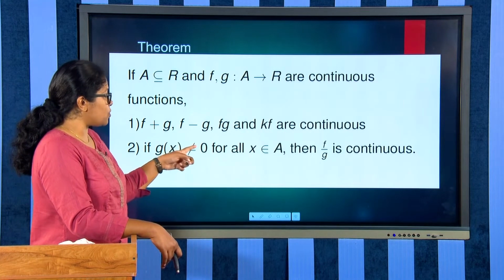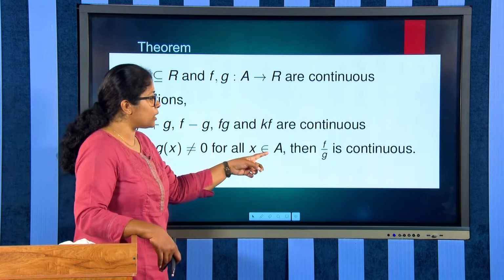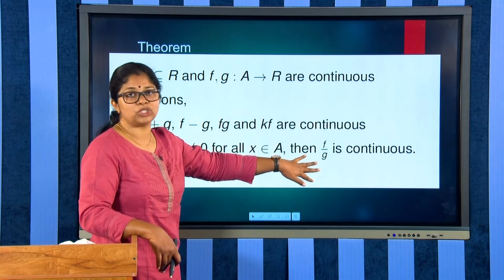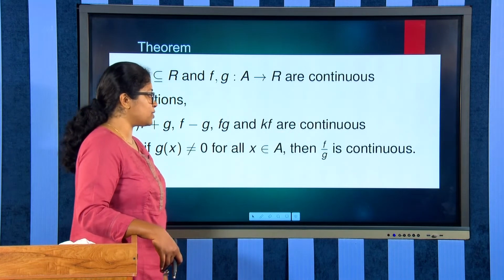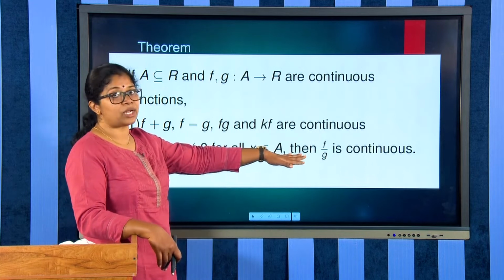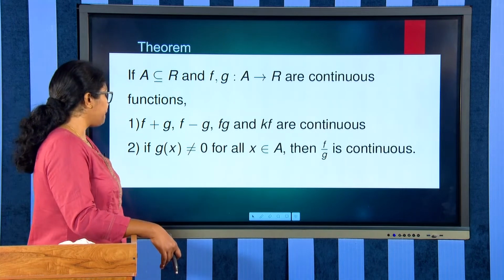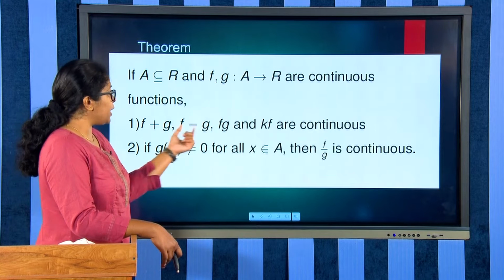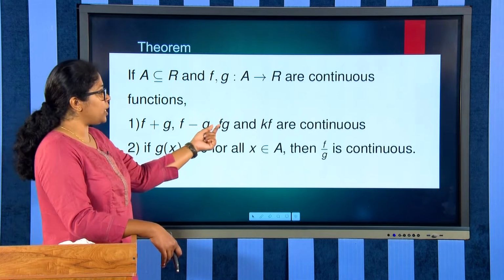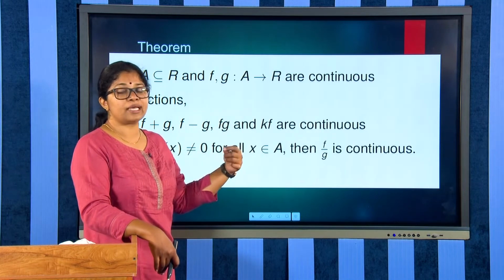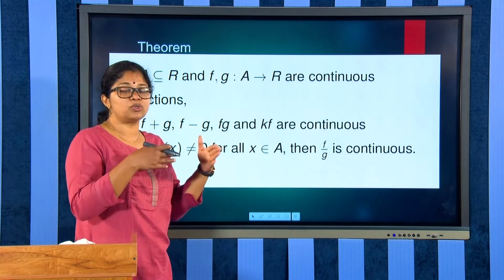If g of x is not equal to 0 for all x belonging to A, then f by g is also continuous. So, this can be applied for rational functions and so on. So, what does this indicate? f plus g, f minus g, fg and kf are used in some real world situations where two or more